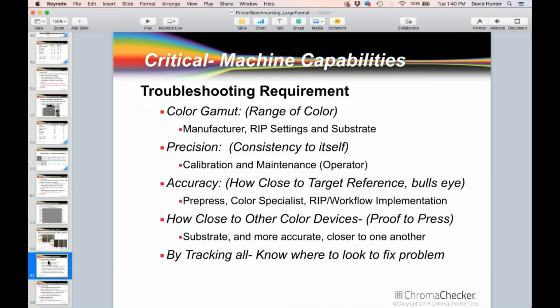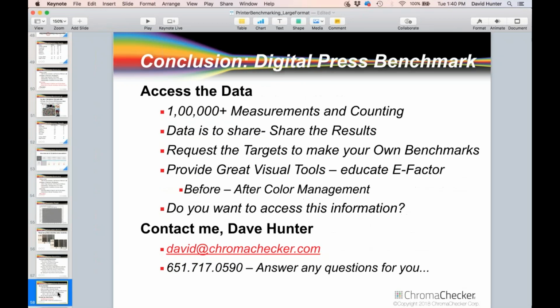So this helps us understand the machine capabilities, and this is just kind of a summary. So the color gamut and the precision have to do with the printing device and, of course, the substrate that you're printing on. The accuracy has more to do with how the prepress and the RIP is set up. And so by knowing what variables affect which conditions, you know where to look to find the problem. So let's now